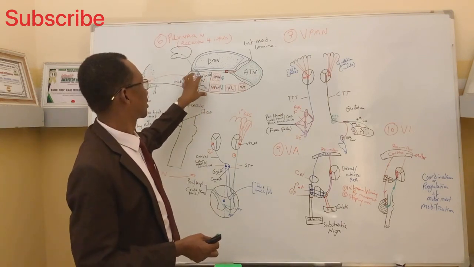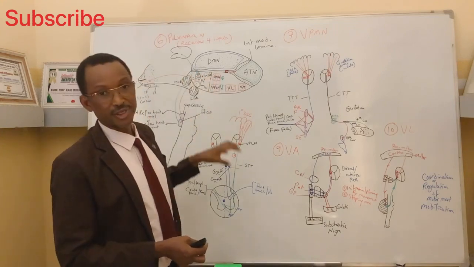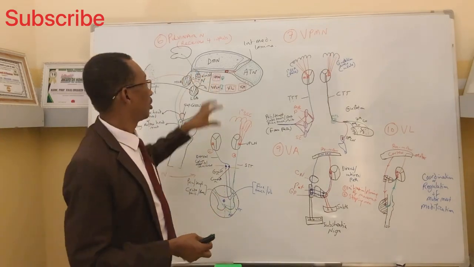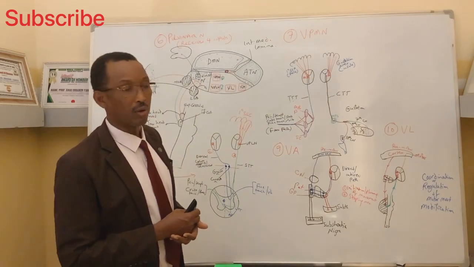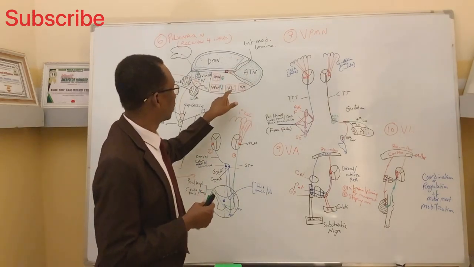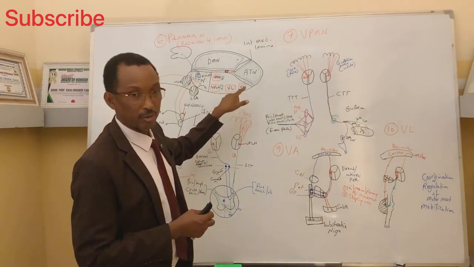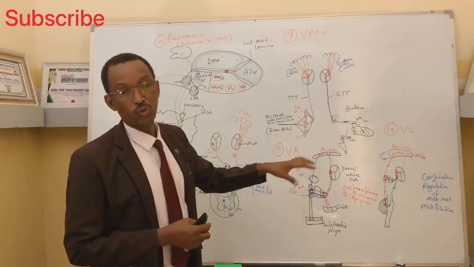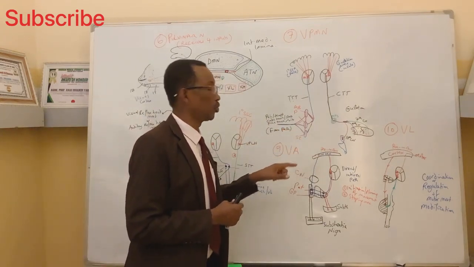So these five nuclei of the thalamus are responsible for the sensory function, while these three are responsible for the limbic function of the thalamus. The remaining two, that is the ventral anterior and ventrolateral nuclei of the thalamus, are for the motor function of the thalamus. So if we look at the ventral anterior nucleus of the thalamus,